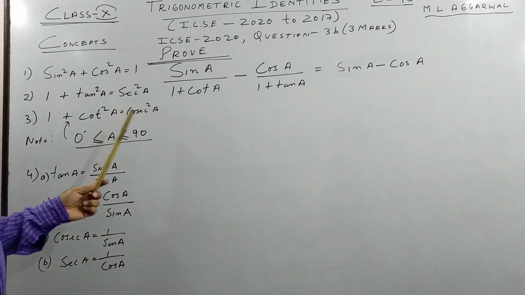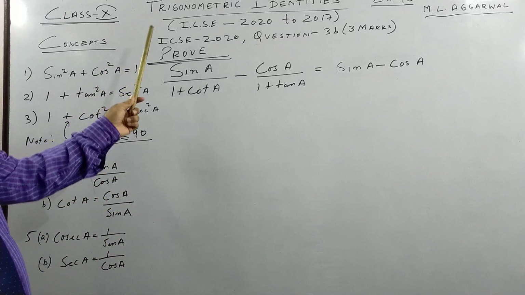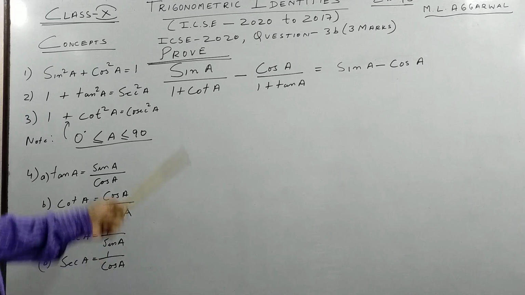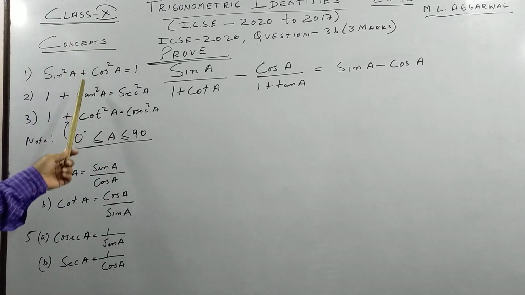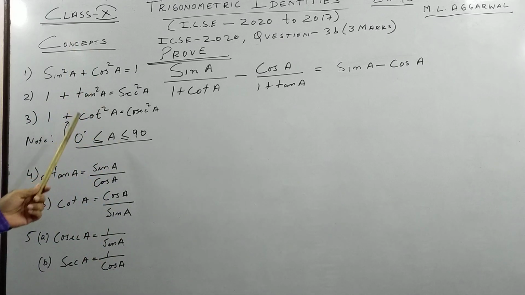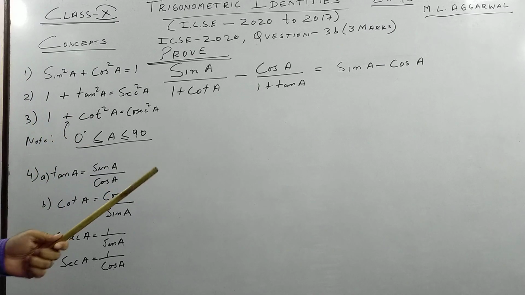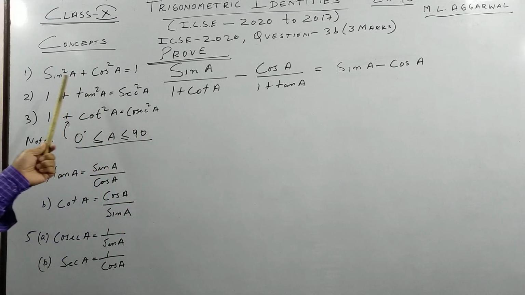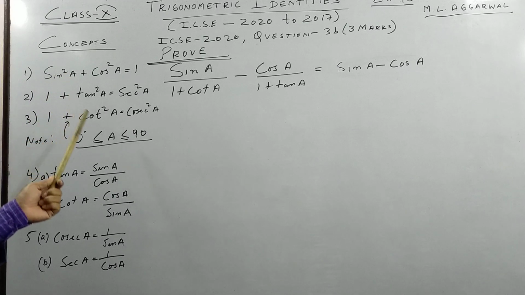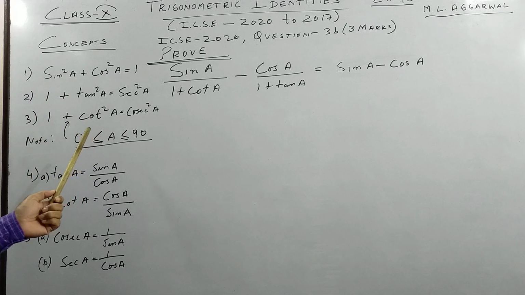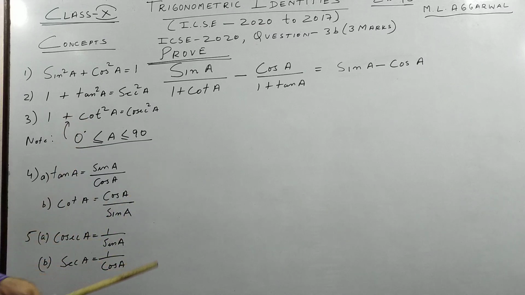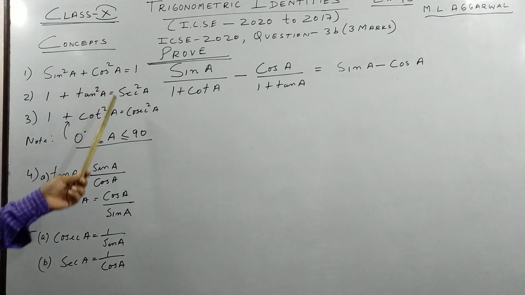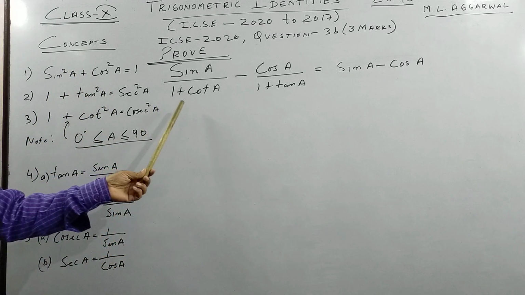Students, today we are starting trigonometric identities for class 10, and there are some things which you have done in class 9 and you have to remember very nicely. There are some other relationships which I'll do while going along. So these three things are very important for class 10. I hope that you know your class 9 things very nicely, and this is revision work.